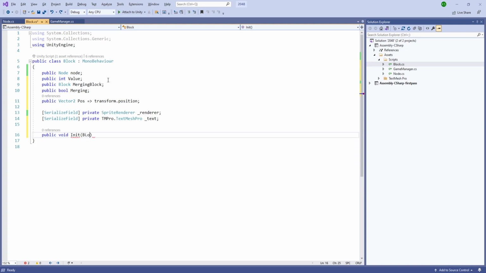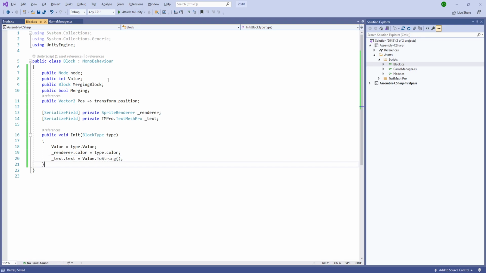And here we'll pass a BlockType, and let's just call it type. And we'll set the value to be type.value and render.color to be type.color, and the last thing, the text.text is going to be value.ToString. So this one is going to init, and let's call the public void SetBlock, and here we are going